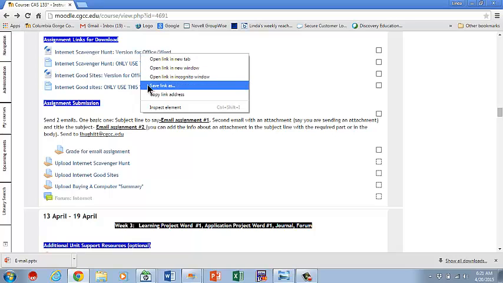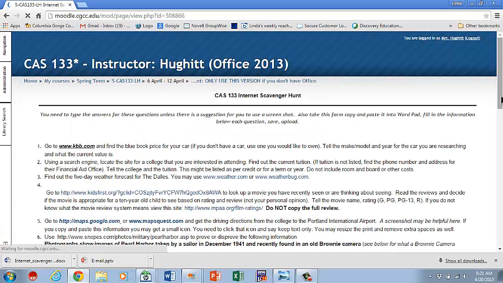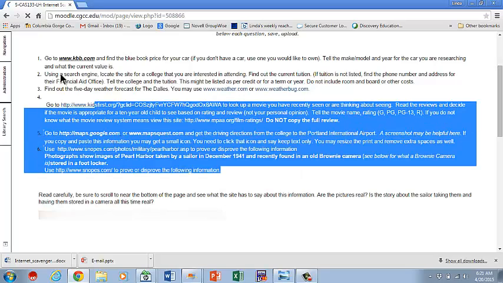Again, you can open this link, Save As, to download it. If you're not sure where things are going, you can download that way. Or if you're lucky and use Google Chrome like I do, you just basically click on it and it magically starts to put it on that download bar right there across the bottom. Now, what this is is a version for Office. But if you don't have Office, you're going to have to use a different version, and that's the one below it. And basically what you're going to do is take this and copy